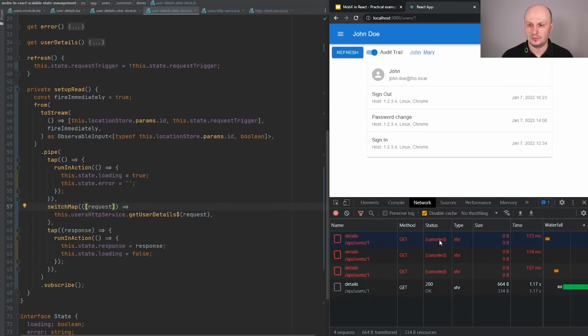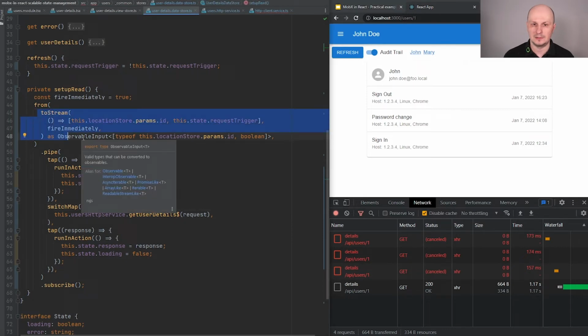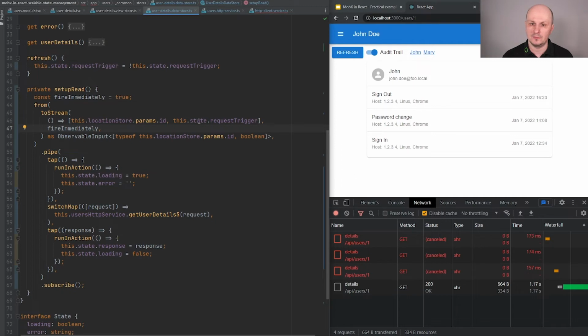Wow, what you see here is cancellation of the HTTP request by the RxJS Ajax stream, which did it automatically for us. So whenever this RxJS stream is cancelled, and it's cancelled when toStream emits a new value, and toStream emits a new value while either the location parameter ID or the state request trigger is changing, then all pending items are cancelled.